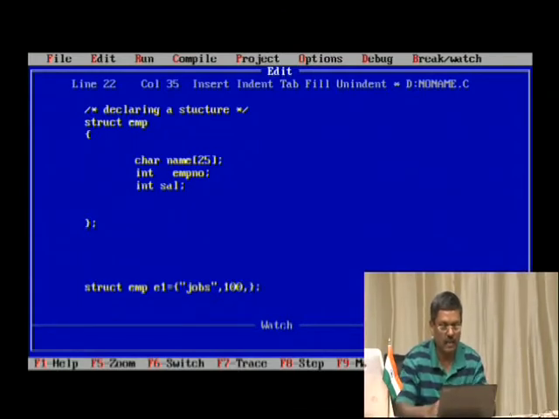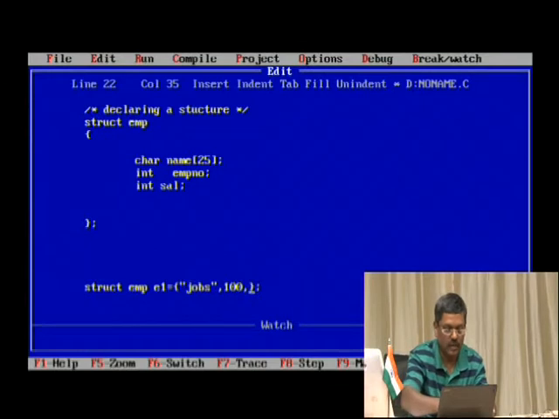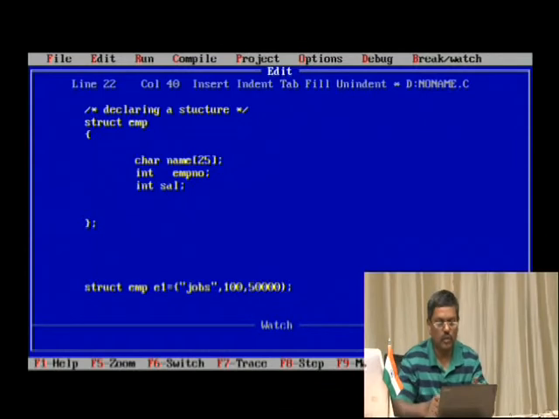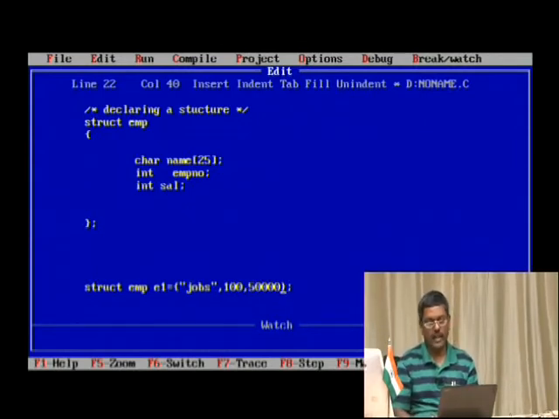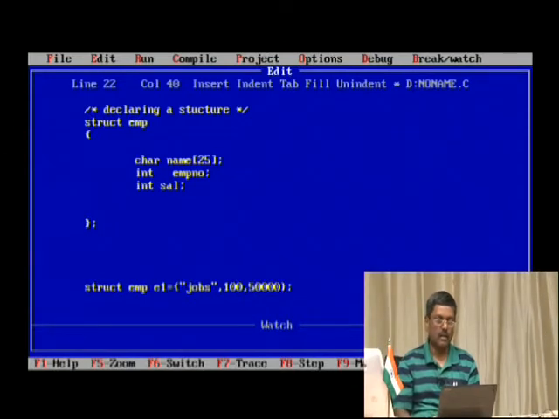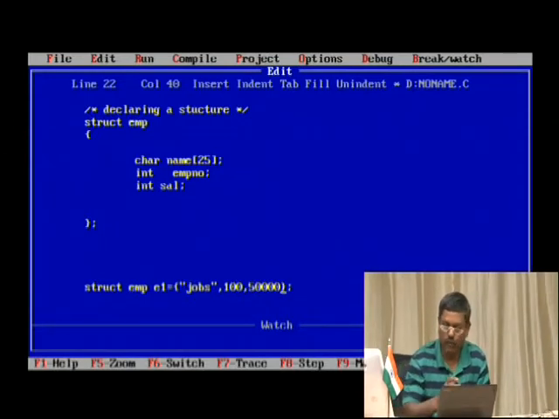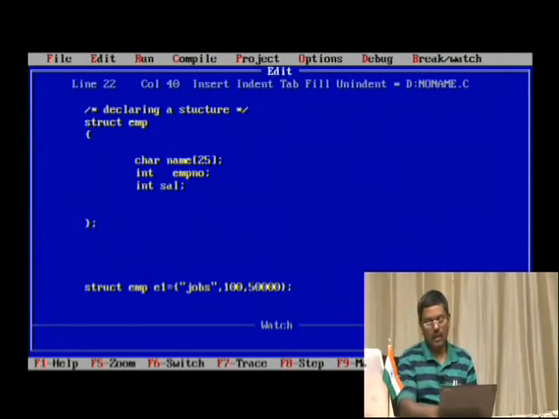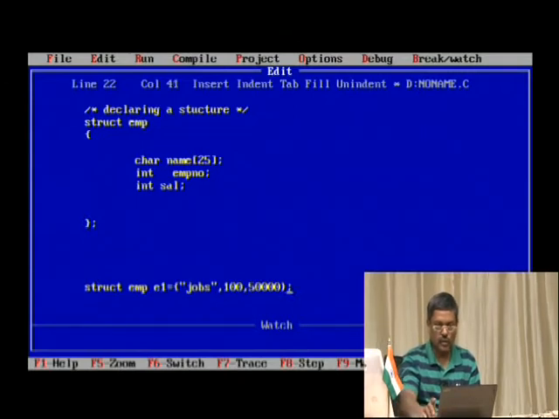And then salary, also a number, say 50,000. So this is how we can declare a variable where E1 is one of the variables, which holds a particular set of values. Individual values are separated by commas, and at the end of the brace you should see that it is terminated by a semicolon. That is very, very important.